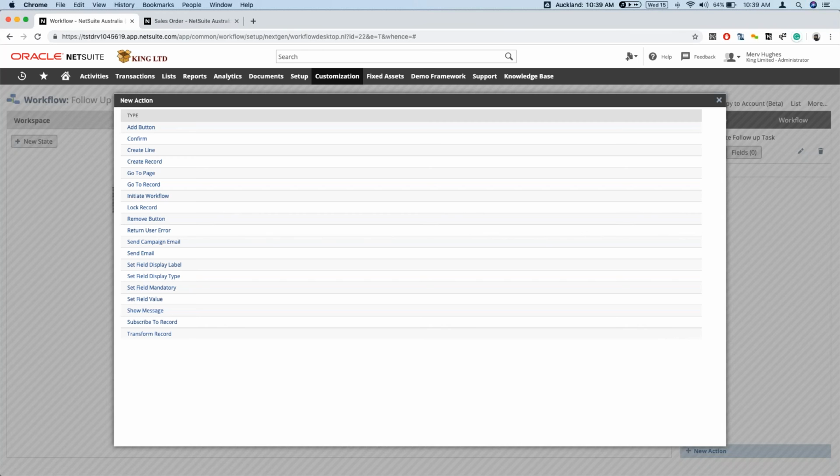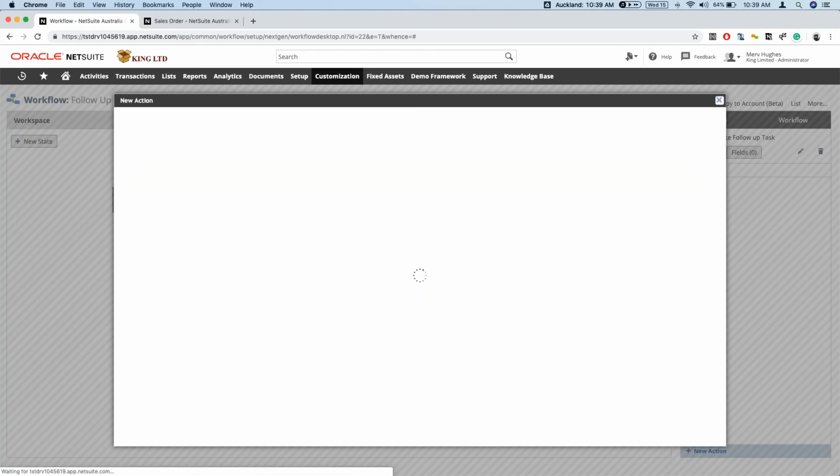When I say I want to create a task, a task in NetSuite is another record. So you'll see again, there's no action called create new task, but there is something called create records. When it says create record, you can basically create any record you like. It could be a task, an event, a contact, anything you like. In this scenario, we want to create a task. So if I click on create records,